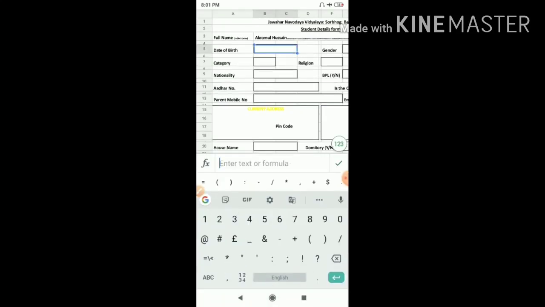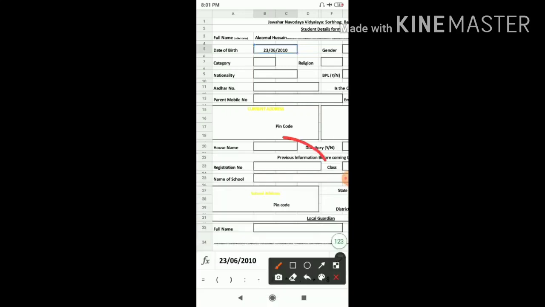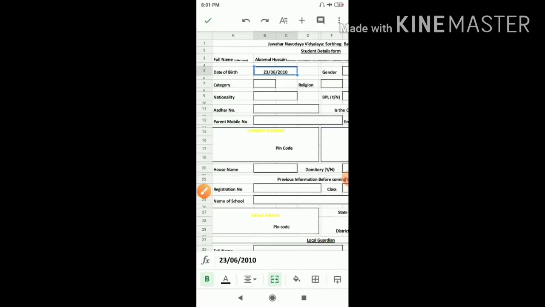Now suppose date of birth. I have to write date of birth, say 23, 06, 2010. We have to tick on the right symbol, otherwise it will not be saved. Here you'll get the right symbol, so I have to tick.